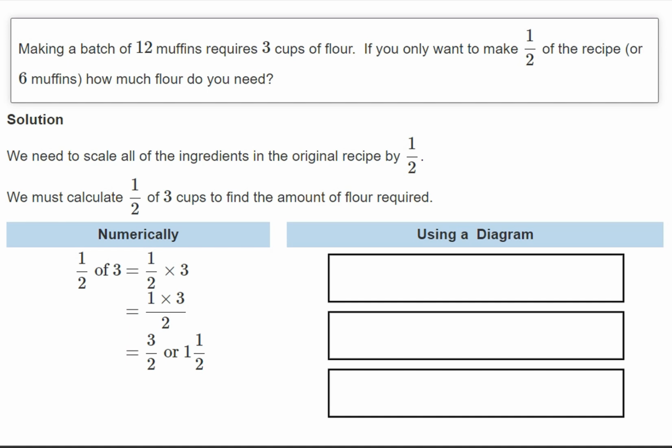To find 1/2 of this amount, we can shade 1/2 of the total area of the rectangles. Keep in mind that what we're essentially doing here is dividing 3 by 2. The result matches our numerical solution. Regardless of whether you solved this problem numerically or using a diagram, by now you should be comfortable solving problems